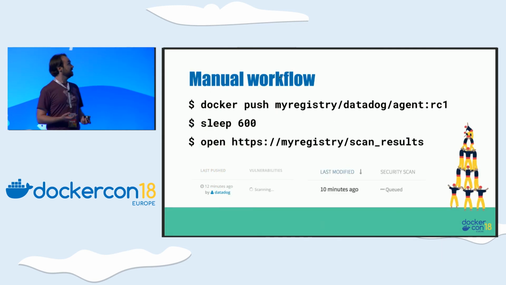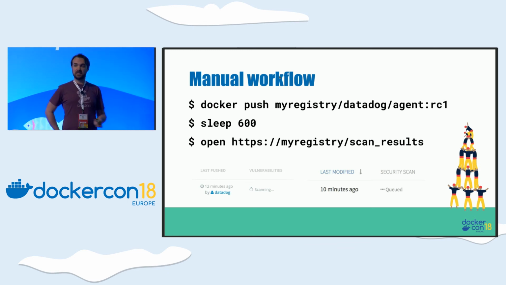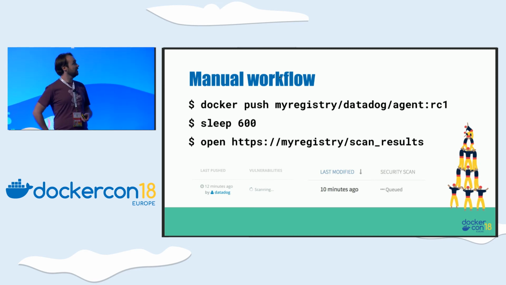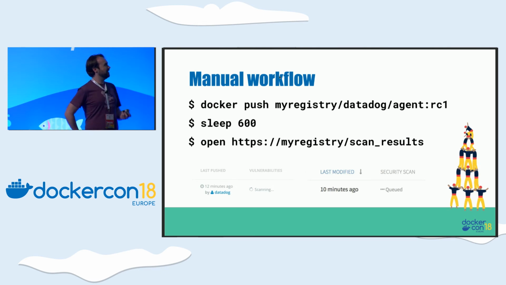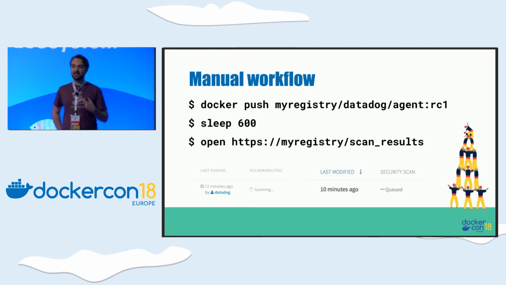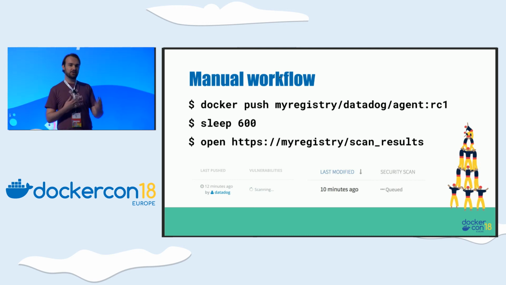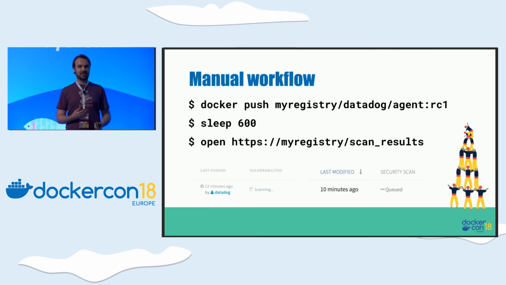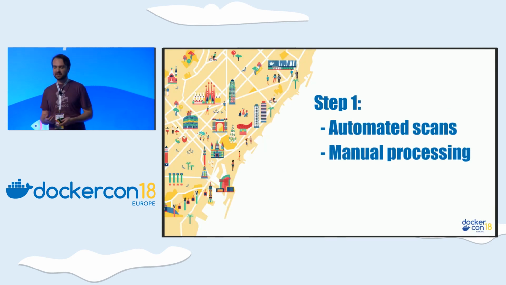It's pretty easy. For every scanner, basically, you just push the image to the registry. Most of them have a custom registry you have to push to. Some of them are able to watch your own repository directly. And then you wait for 10 minutes because there's going to be lots of layers and lots of information to handle. And then you open the website, and it's still scanning 10 minutes later. To be honest, that was kind of a frustrating experience iterating over these kinds of scanners, because you change something and update a dependency, you want a new scan, and it's taking quite a long time. And you have to repeat that for so many scanners. We wanted to do better than that.